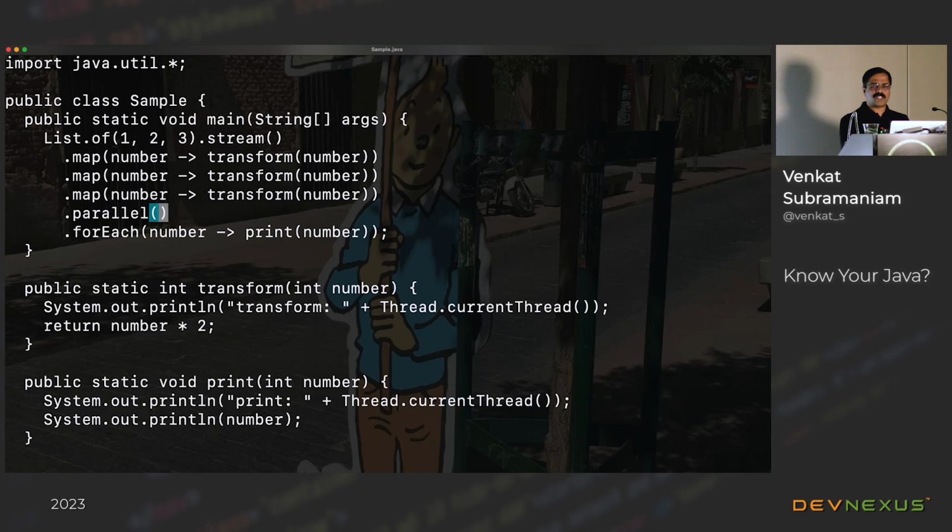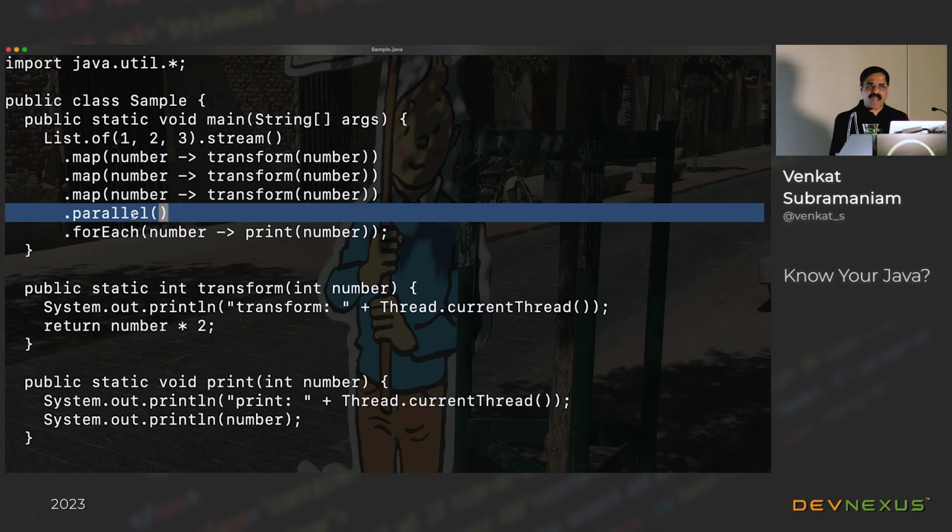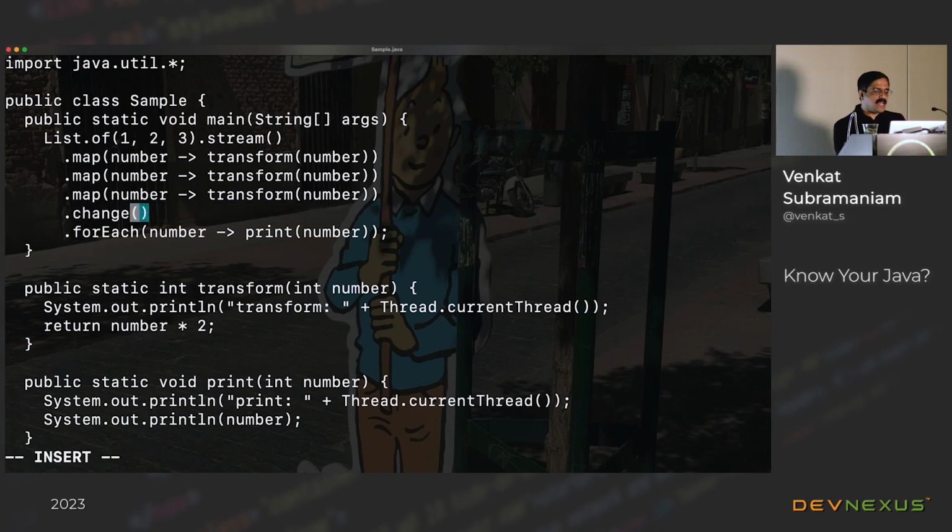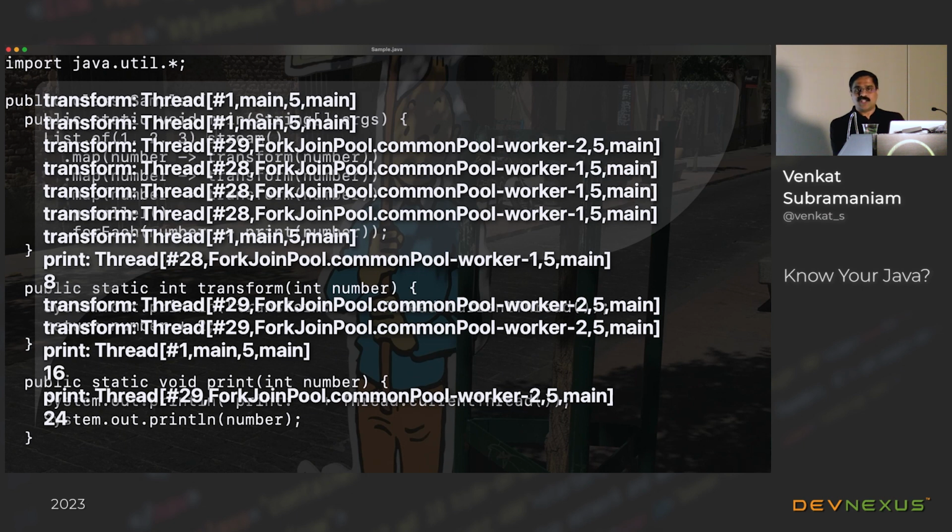And the reason really is, here's a way to understand this. Don't think of this as a positional command or action. Think of it as a coloring or a favoring of what the entire pipeline really is. If you want to think about this, it changes the threading on the entire pipeline. That's what it's really doing, right? So if you were to say parallel, you are setting the stream's threading into parallel. So the entire thing, as you can see here, is running in parallel.